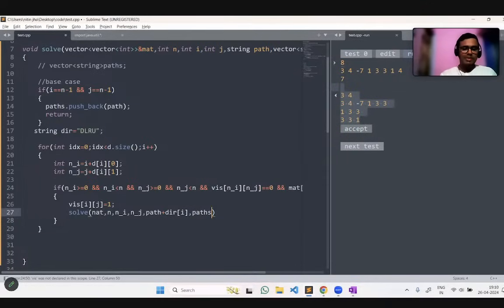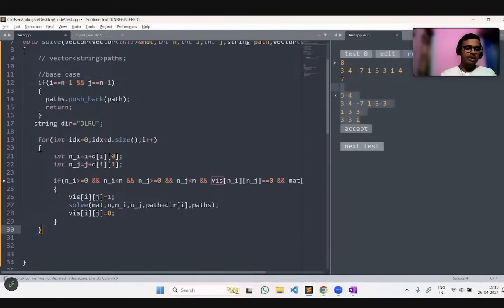So these are all the parameters that we need to pass. After passing them, when we move down and are done with this path, we have to backtrack. Before backtracking, we have to re-initialize this cell as not visited, because another path is possible from the same cell. So mark it as unvisited. When this is done, I think this code is now very clear to you.